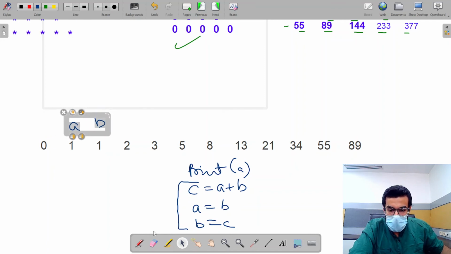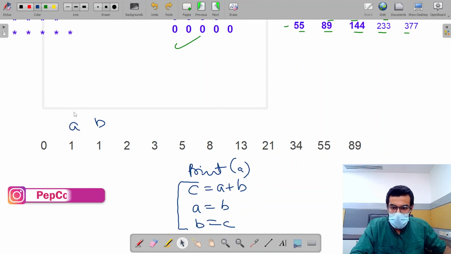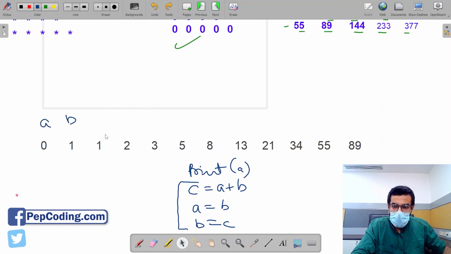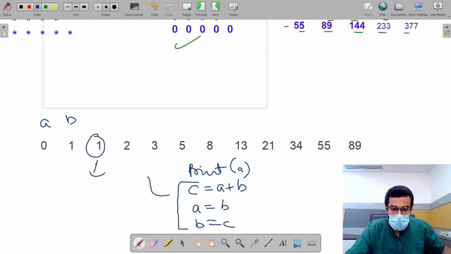And to store this value, the next value of b, I want that b comes over here in the next iteration. As you can see that initially b was here and then b came here. So if I want that this value is stored inside b, then I simply have to perform these operations.